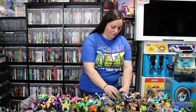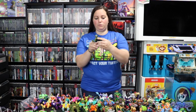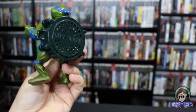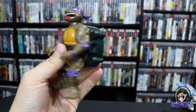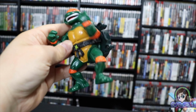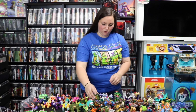And then we have some of these little sewer turtles where they have this big part on the back here. So these are pretty sweet as well. I know there are quite a few of them, so it looks like I have a couple to go ahead and complete the set. Of course, I don't have any of the extras of these ones, and I am missing one. So I'll have to try and find those and add them to the collection,